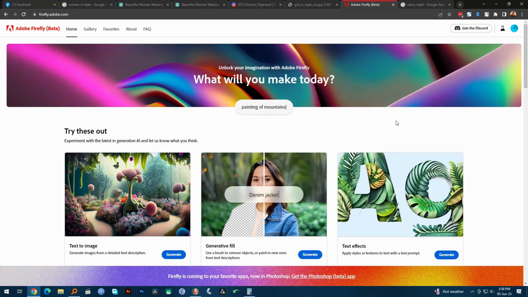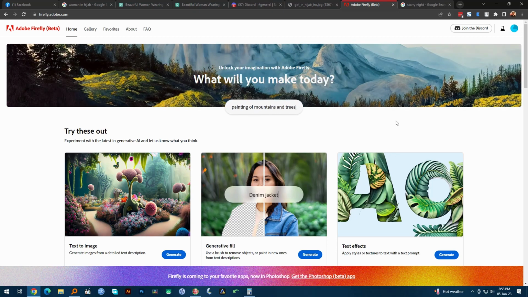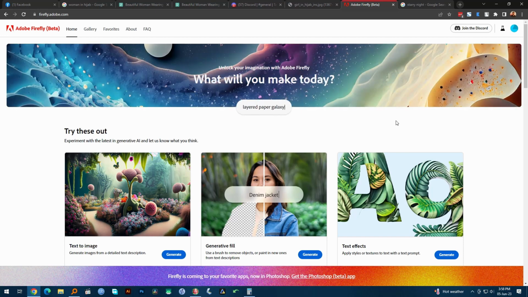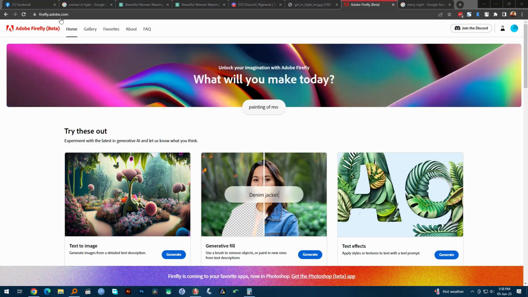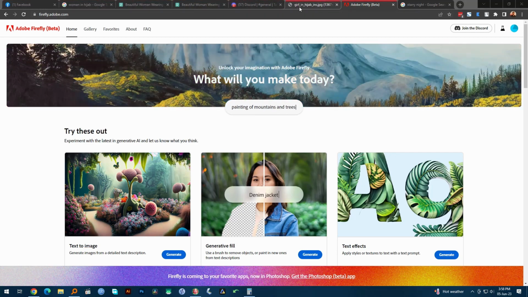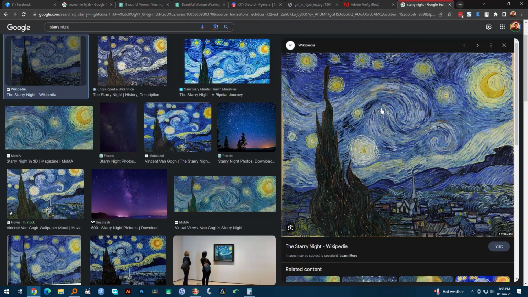So in today's video, I'm going to do two fun projects in Adobe Generative Fill and show you what are the interesting things that you can do using this tool, even if you do not have Photoshop at home. Okay, the first thing that we're going to do is we're going to take Van Gogh's famous painting Starry Night and expand its scope and add some fun things to it. So I have Starry Night here, so I'm just going to